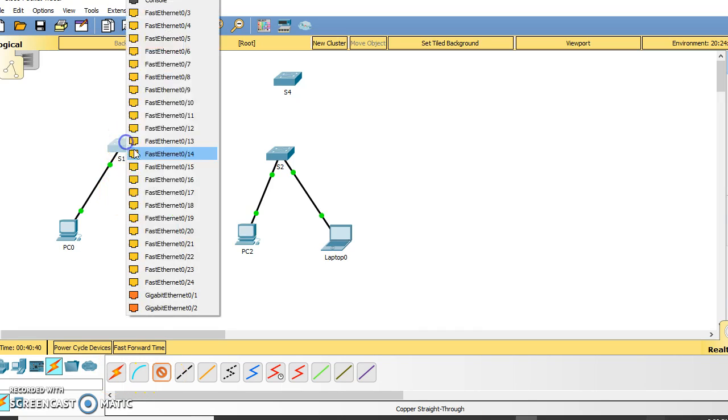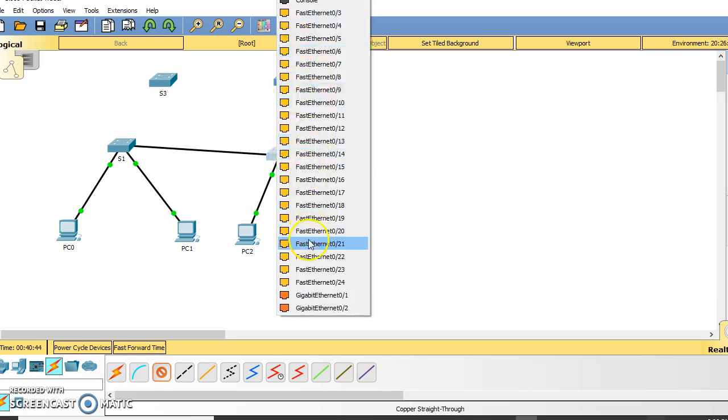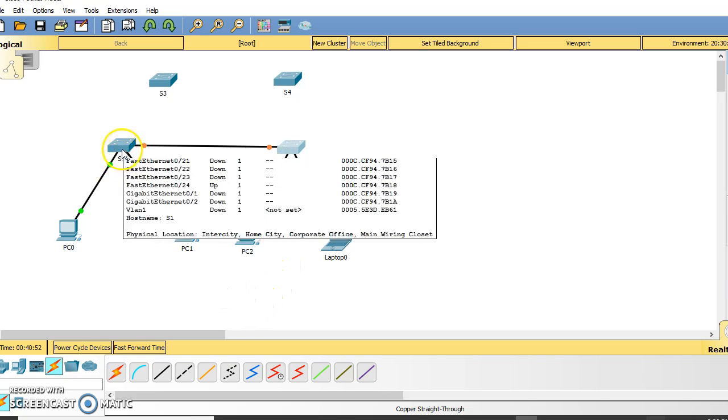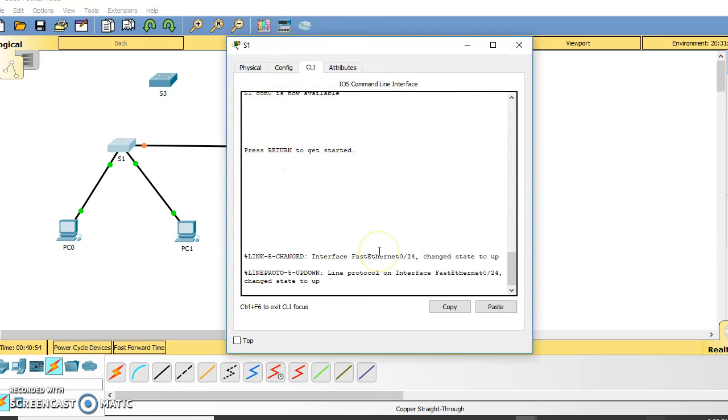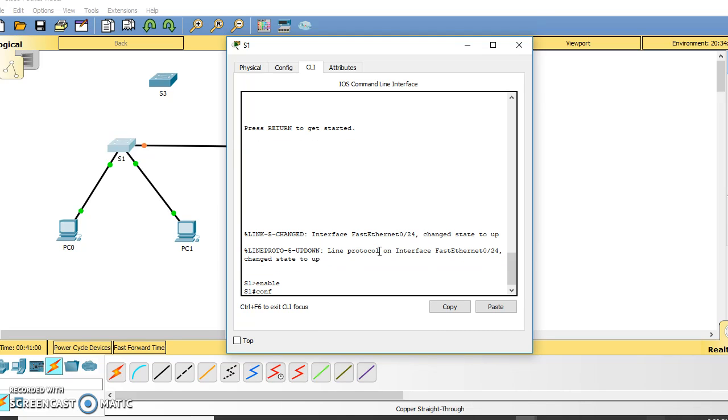Actually, I'm going to come in and connect these two switches. They are simply connected. Later on, I'll set them as trunk ports. Okay, so I'm going to go on switch 1 first and then enable. Or before I go in, if I were to go to show VLANs,